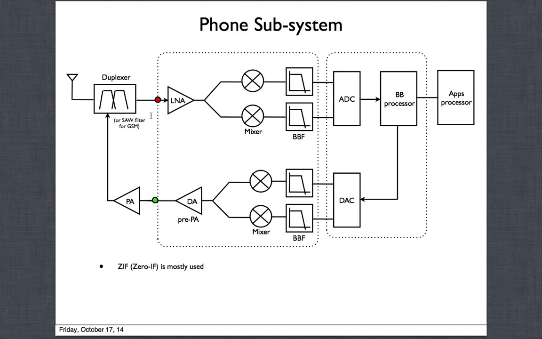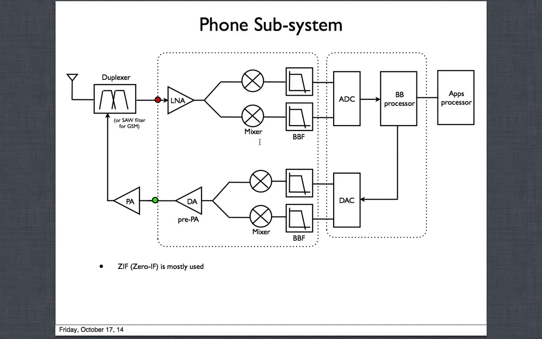Now when we talk about GSM, the way the GSM standard was written is, it says that you have different time slots. At certain time slots you will transmit, at certain time slots you will receive, and at certain time slots you will do certain things related to the GSM system itself, some kind of calibration, some of which they do at the software level. So these activities of transmitting, receiving, and all these other activities are broken up in terms of time slots. So this is actually more of a TDD system, time division duplex. That means you are not transmitting and receiving at the same time. When you're transmitting, you're not receiving. When you're receiving, you're not transmitting.